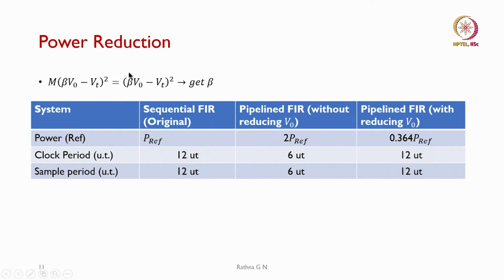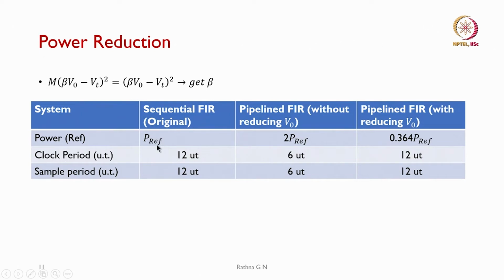So, this is what we do: the left hand side and right hand side, we will be putting it along with the sequential one and our pipelined one, and then we will be assuming beta is the value by which I can reduce my operating voltage. So, we will be calculating this beta, and then we went on to show that in the sequential one